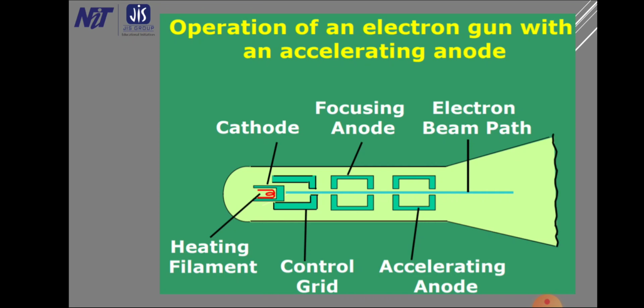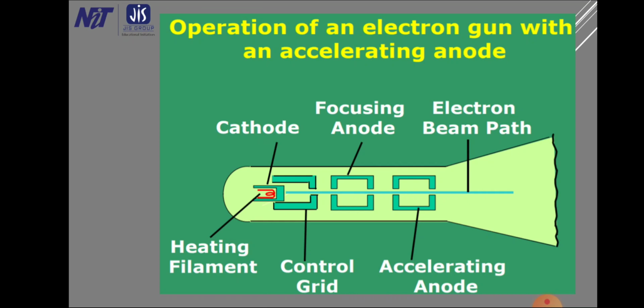So if we reduce the amount of voltage in the control grid, that means the negative voltage is reduced, we are allowing more electrons to pass through the beam, and it will be higher. The intensity on the screen will also be higher. Whereas if we increase the voltage of the control grid, we are allowing fewer electrons to pass through, the intensity of the electron beam will now be less, and you will have less brightness on the screen. So that is the function of the control grid, which has negative charges.